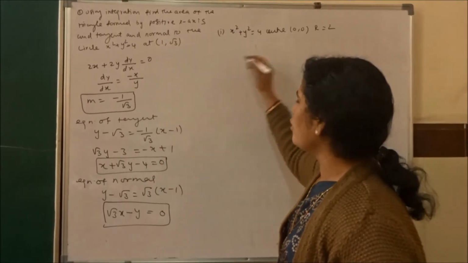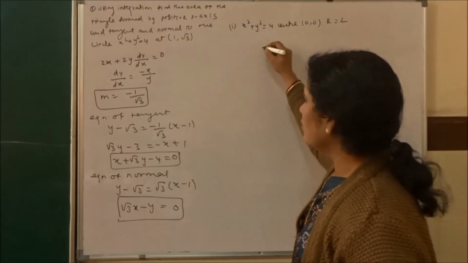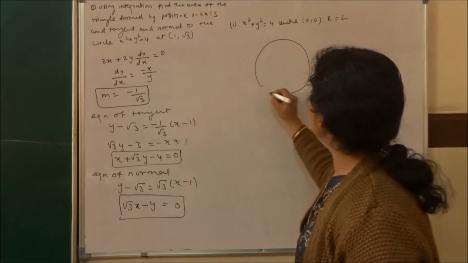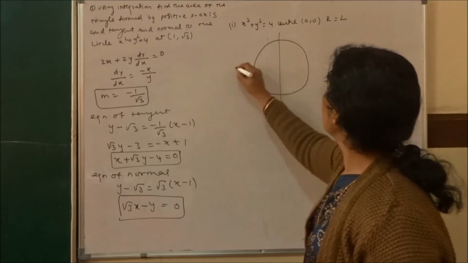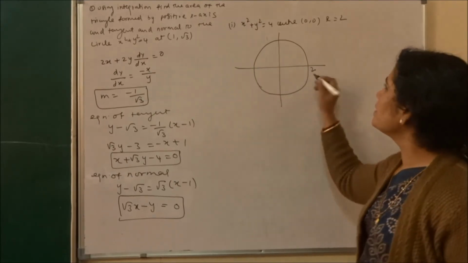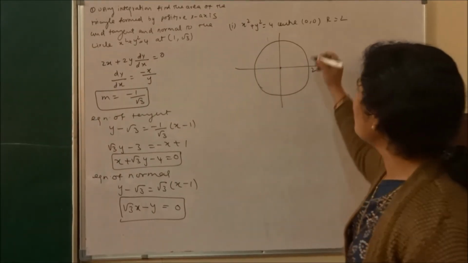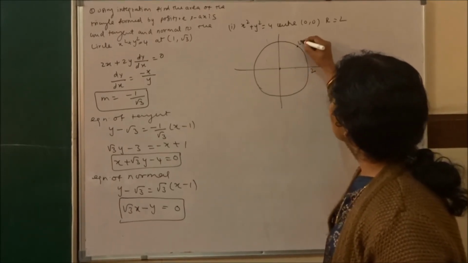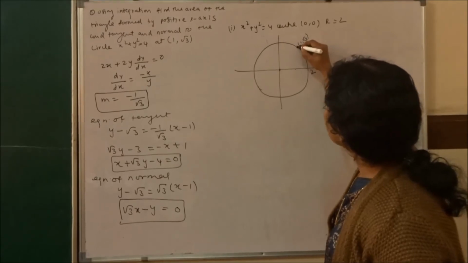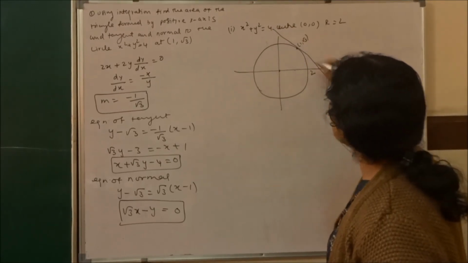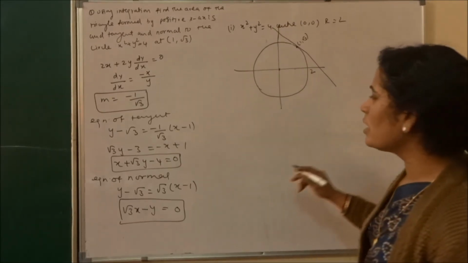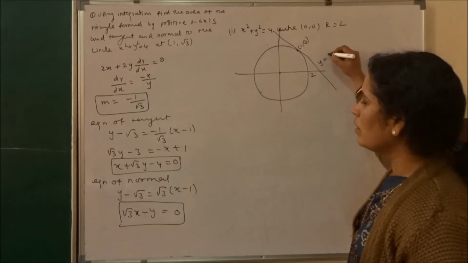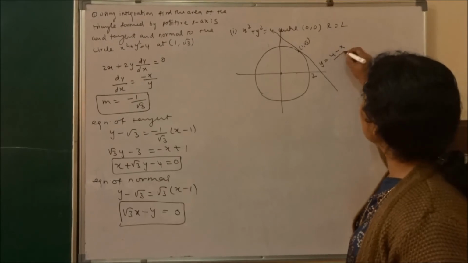See, let me draw a diagram now. The circle is centered at 0, 0 with radius 2 units. Now see, suppose this is 1 and this is root 3. So this is 1 comma root 3. Now the tangent line is passing through this. Am I correct? Okay, this is the tangent line. So what is the tangent line? That is y equal to